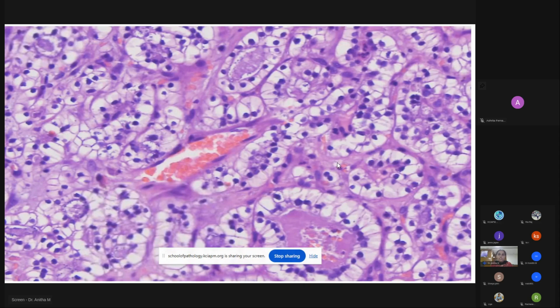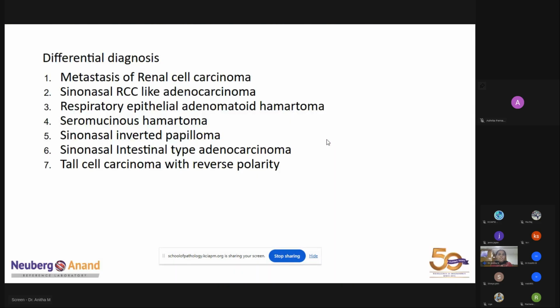This is the high power showing the same. So there is no necrosis, no mitosis, or atypia. Because of the clear cell morphology, our first differential diagnosis was a metastasis of renal cell carcinoma or a sinonasal RCC-like adenocarcinoma. We have got multiple responses, including respiratory epithelial adenomatoid hamartoma, which would usually be glands